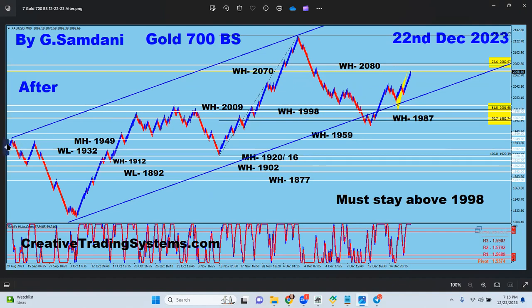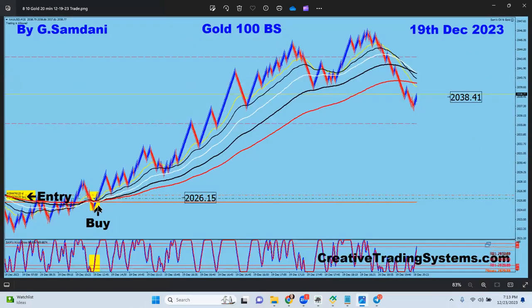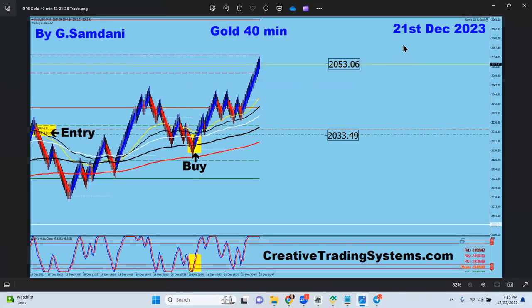Now, from this chart, from the 16th to the 22nd, Friday, I had a couple of trades. This one long here on the 19th, and this one on the 21st, from here to here. Both of these were taken by my EA robot, automatically opened, with a stop loss placed, and then the target and all of that. So this EA opens the trade very nice and clean once the setup is there. These are the gold trades and the analysis, right?